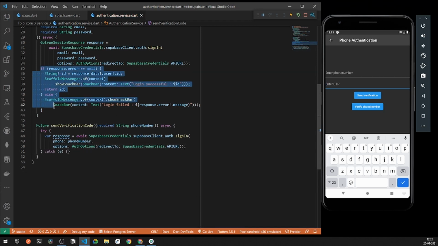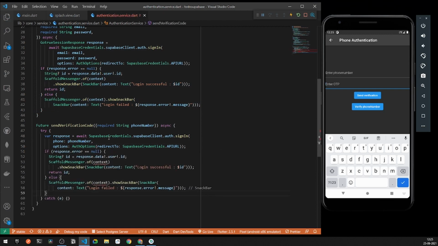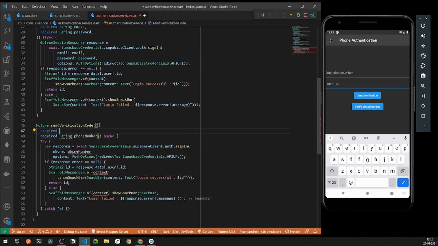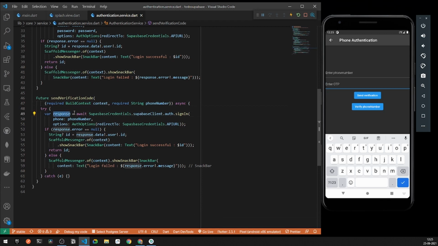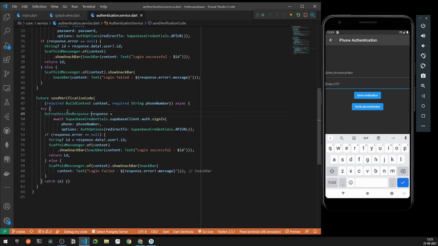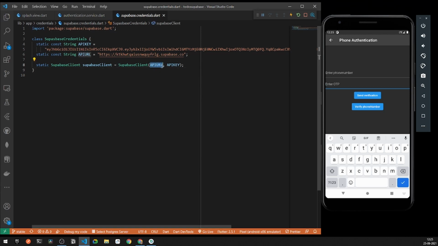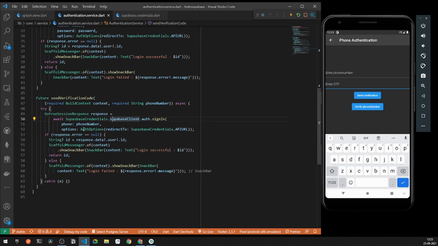Now what we can do, I can copy the following if else block and paste it here. Now under this case, I will be also requiring a context. So here I'll say required build context, not a bucket, but a build context for a context. Right, now what I'll do here, you can see I got my response. The response is a type of go to response. Now make sure you are making the following statement to be under await, else you will be getting an instance of future. So here you can see my go to response is equal to Supabase credentials and client. The client is nothing but simply a client having API URL and API key. Right, so once this is done, I got my phone number entered and also some options. After that, if the response is not equal to null, I am having this thing.